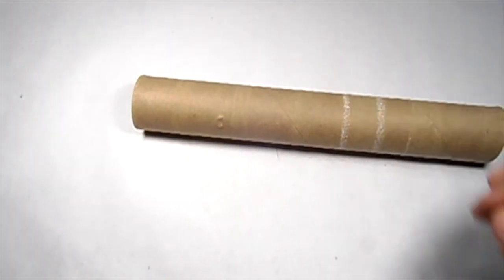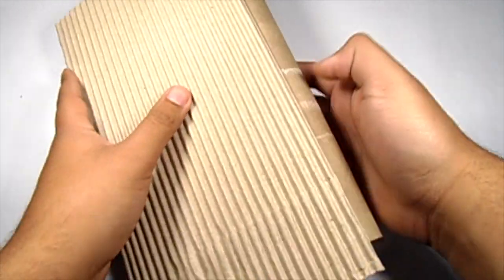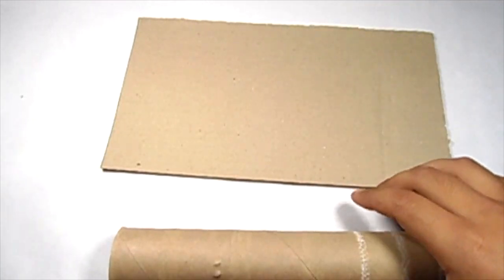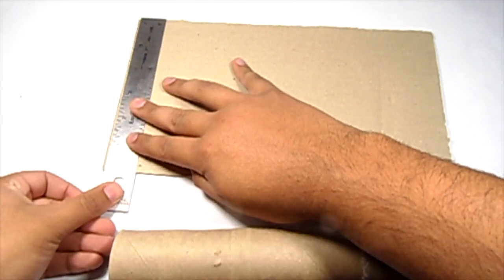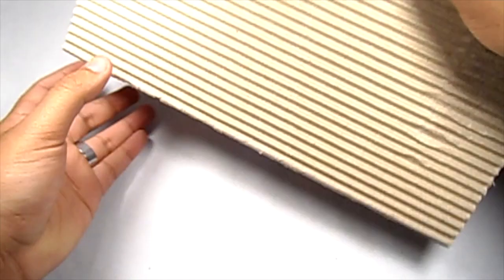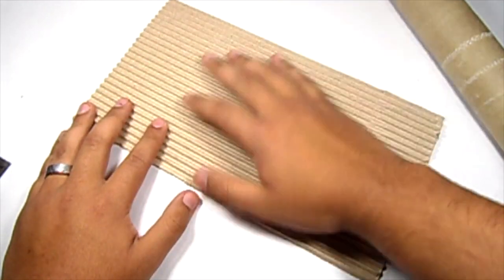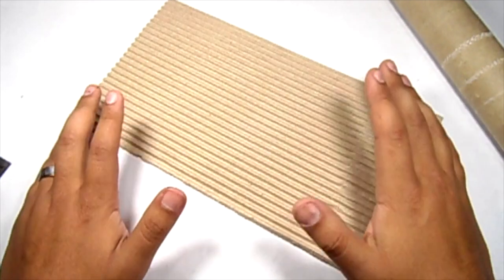So we're going to go ahead and cut out a piece of that, which I already pre-cut off camera to fit the 11 inches tall, the same as the paper towel roll. And if I remember correctly, it's 6 inches long to cover the whole thing with some extra slack. Yeah, 6 inches long. So you're going to go ahead and cut that out of your corrugated cardboard. You can get corrugated cardboard from regular cardboard. You're just going to have to soak the top layer and then just peel off the top coat, and then you'll have the corrugation. But like I said, I found mine at Joann's in a giant roll,